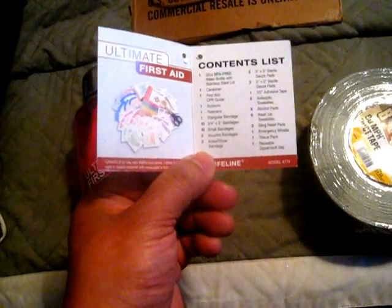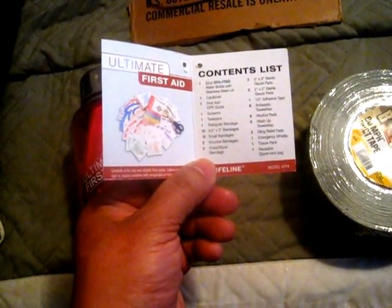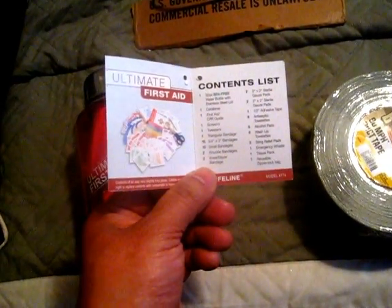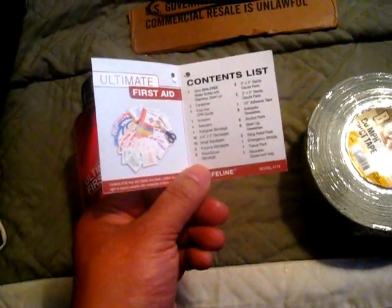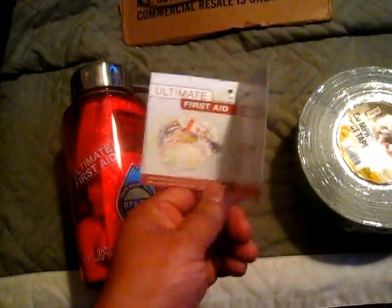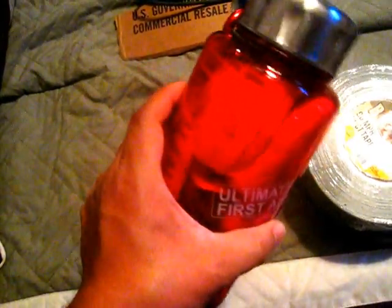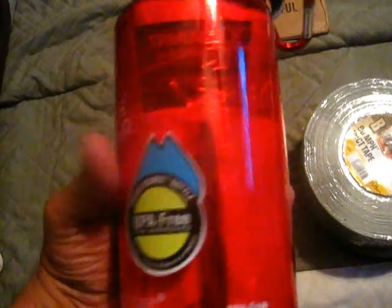It has enough for you to take care of what you need to take care of. What I like about it, it has pretty much anything you can think of, from a little CPR guide to scissors and tweezers and any little thing that you can think of for first aid. Another great thing I like about this is that this water bottle, if for some reason I need to use it as a water source or to drink water, I can put the rest of the contents